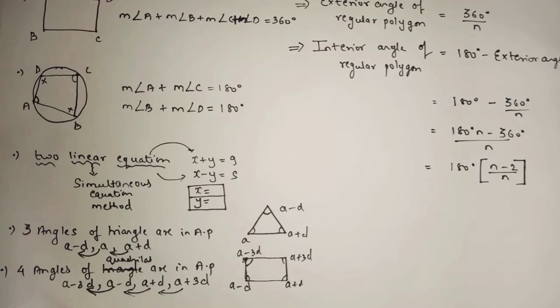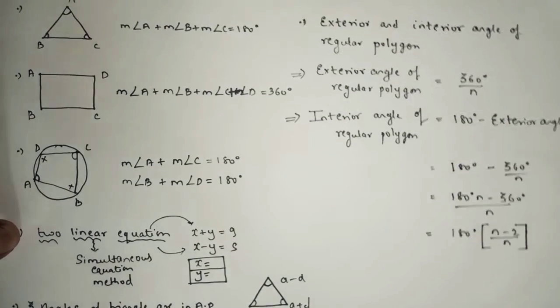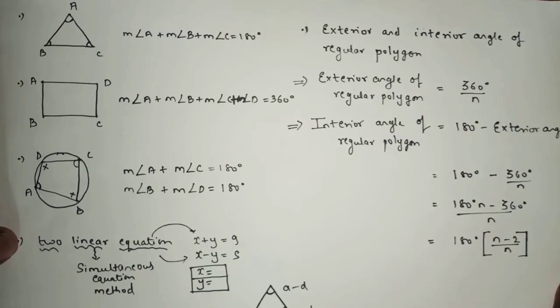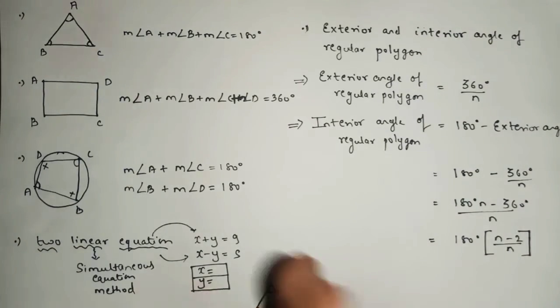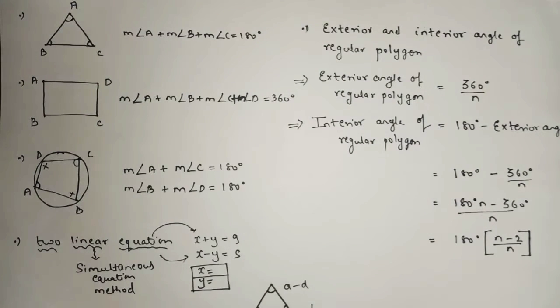Whenever you come across a sum where the three angles of a triangle or the four angles of a quadrilateral are in AP, you have to use this concept. Got the point? These are the basic things you have to remember. As I told you, the majority of the sums in the exercise are statement sums. So what is a statement sum? You simply have to read and understand the question and apply the suitable property.